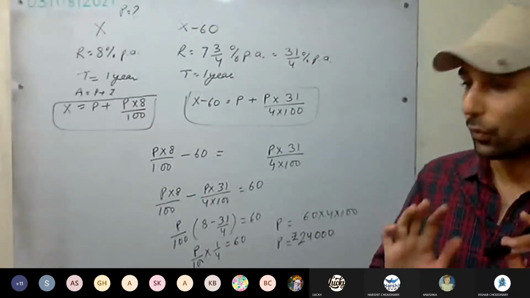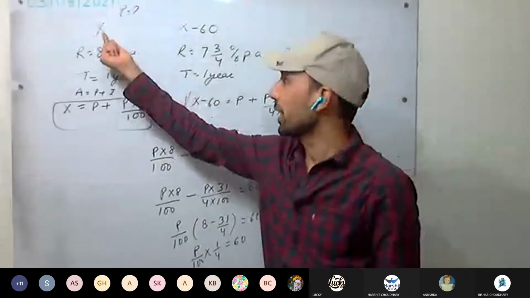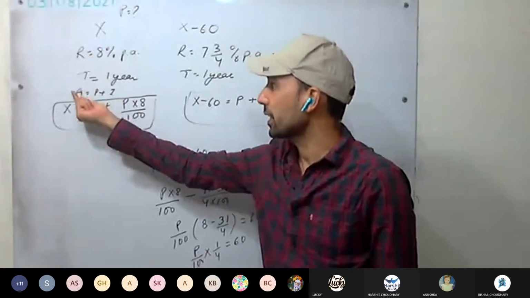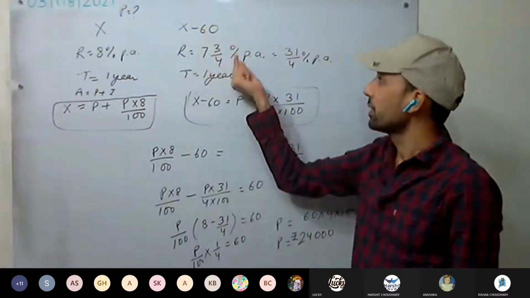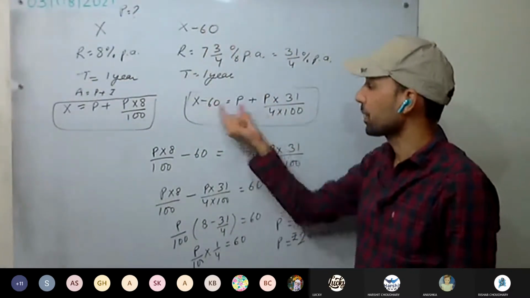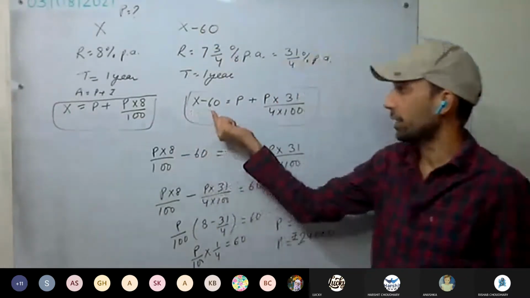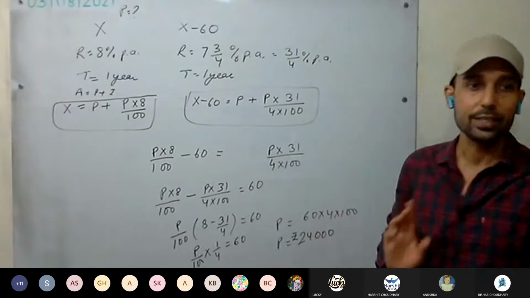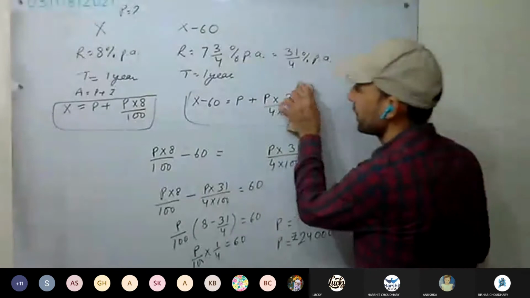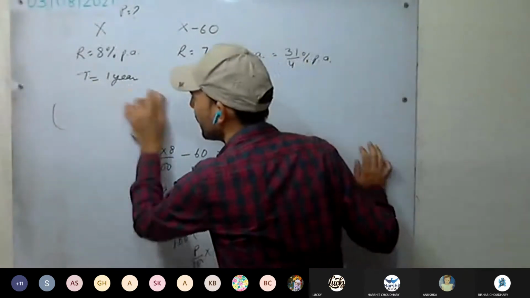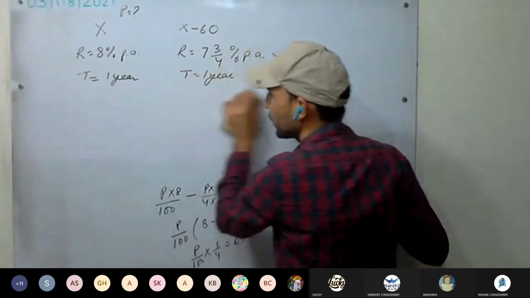Is the question clear? So what we did, for example, we have taken the income as x. When x is the income, it means this is the amount. We have calculated this. When the rate has been reduced, the income is x minus 60 because the income has reduced by 60. Now from here x we have put here, P we have to calculate, and we have solved. This is clear. Now the shortcut method. Okay, how much is the income reduced? By how much is the income reduced?